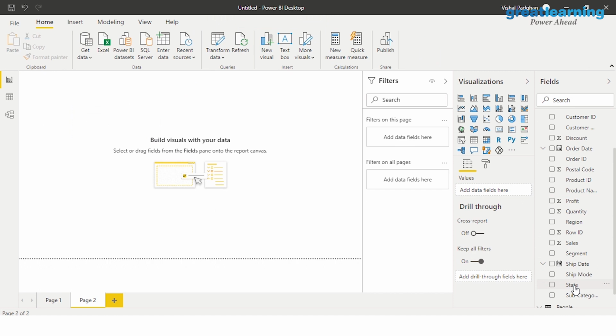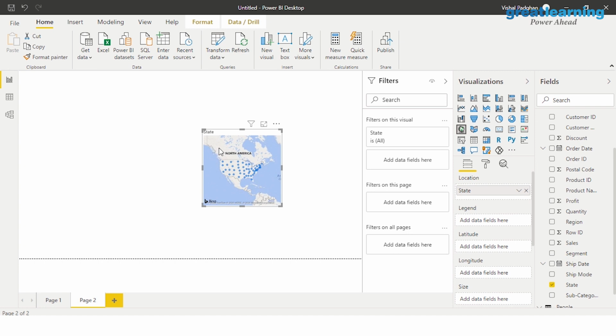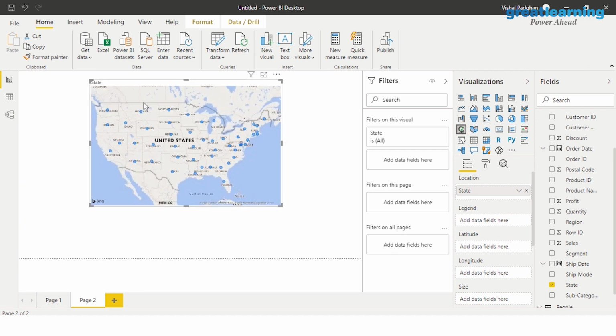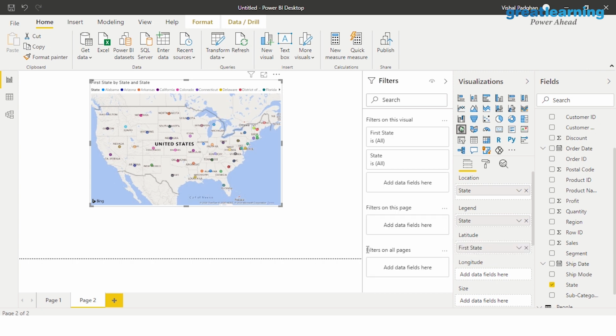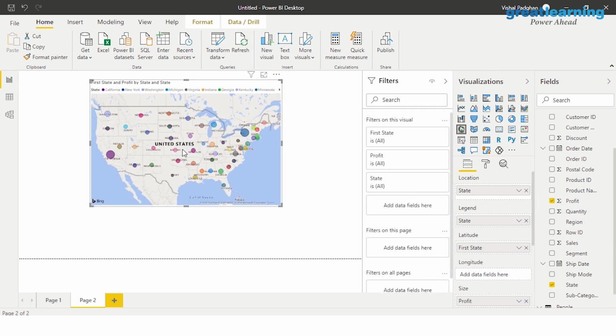The reason I'm doing that is I'll tell you. Let's assume you put in states here. Okay, you see it is giving you information about different states that are there. So these are the different states. Now let us come here and add certain values. If I add states to the legend, it will give different colors to it. If I add latitude, again there should not be any change here, but instead let's just go ahead and add profit. Now let's see if we get any profit here. Yeah, it's there.